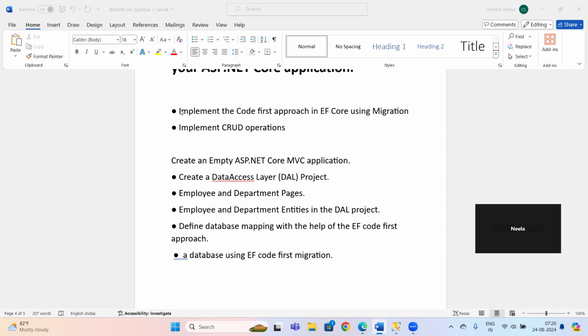In today's session, we implement the code first approach and also implement CRUD operations. In this application, I create an empty experience for an MVC application. Create the database layer and also create the employee and department pages and the employee and department entities